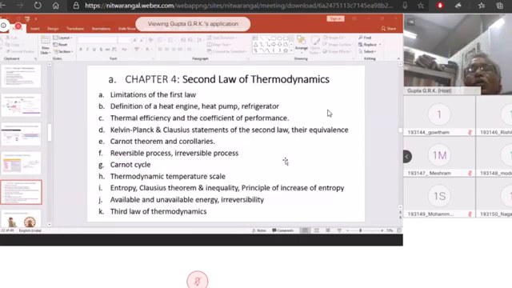And then we go to the second law. Before going to the second law, we will see why we have to go for the second law. What are the limitations of the first law? And then in the second law, we learn about heat engine, heat pump,